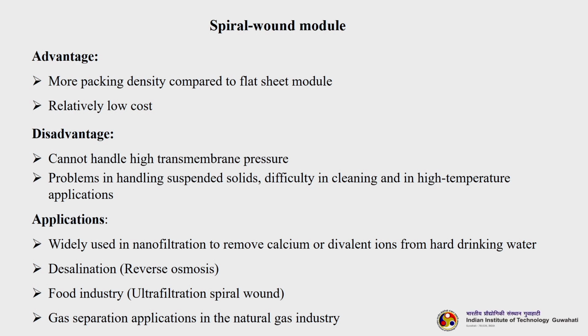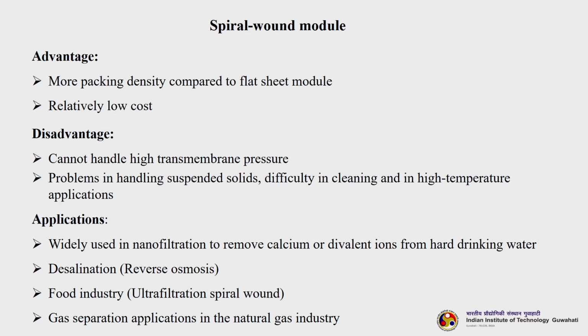You can cool the feed by passing it through some shell and tube heat exchangers and get the heat recovered. In process industry this is called waste heat recovery, where we recover the heat from the process streams and use it again in the form of steam or some other form and supply it to other units. So, this type of module cannot withstand high temperature.